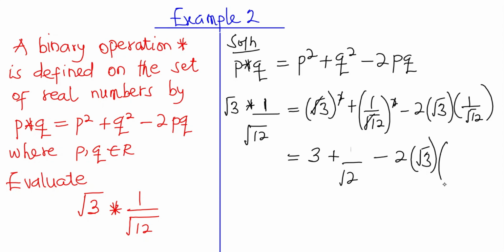We can see that square root of 12 is not in basic form, so you have to reduce it to basic form by considering the factors of 12 and selecting the highest or the biggest